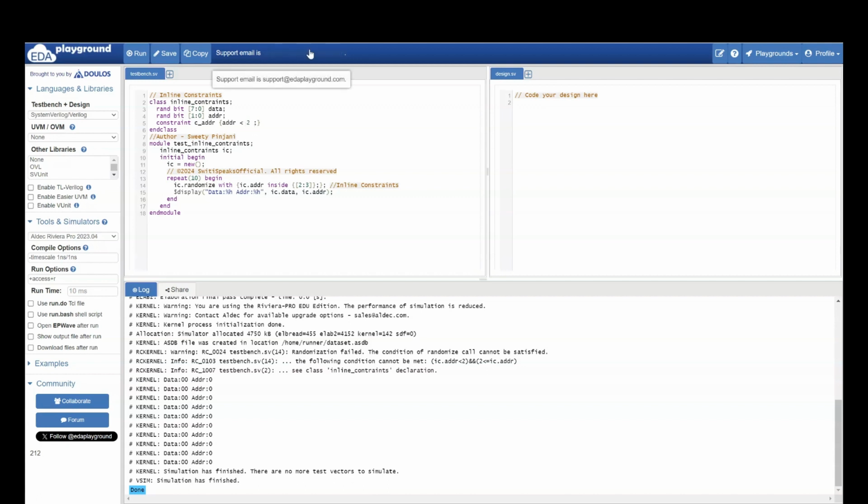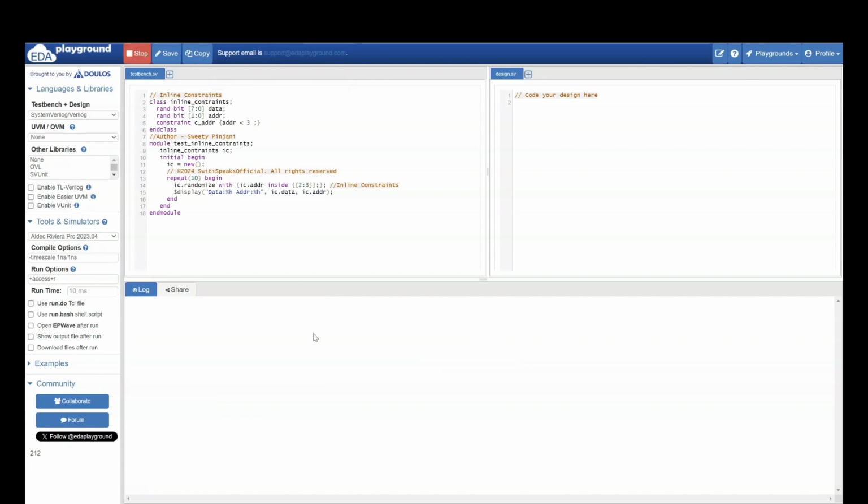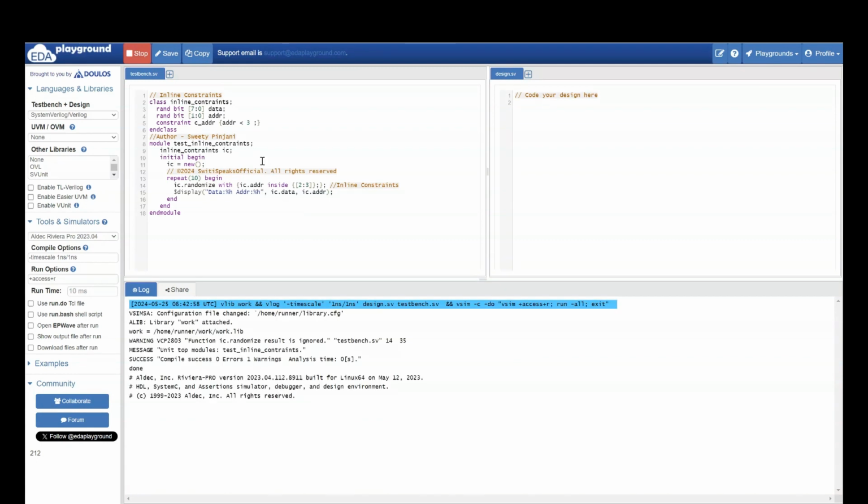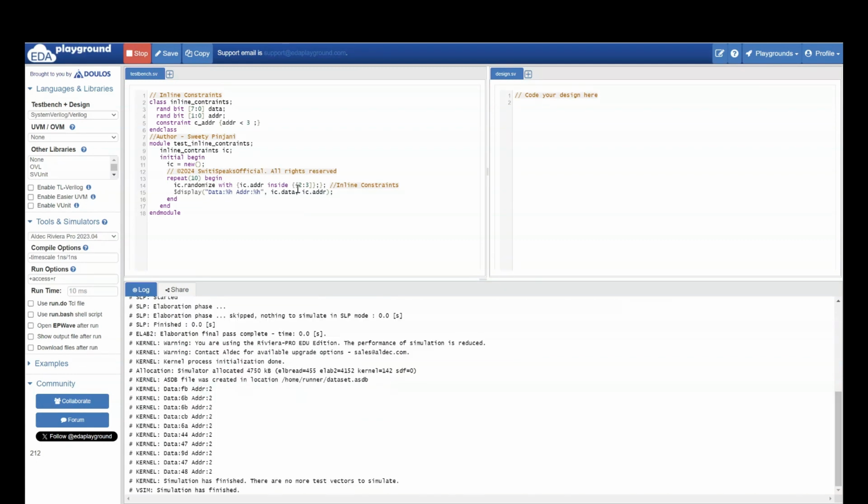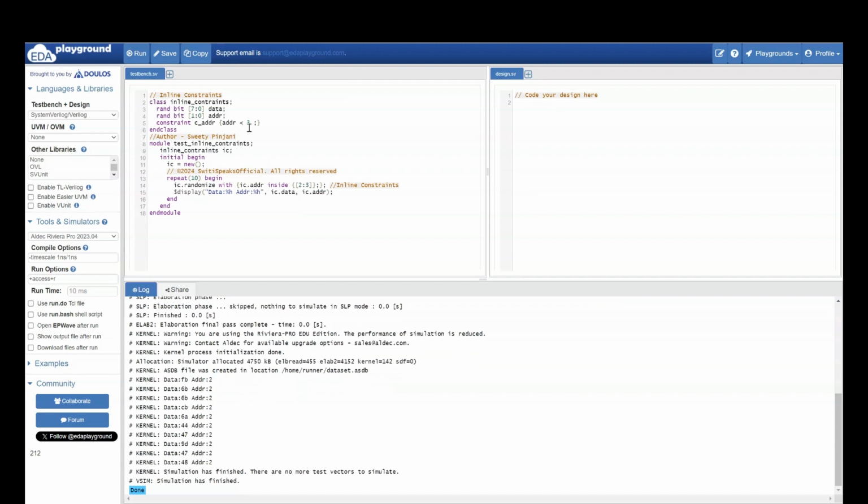So now what you will say, address should be less than 3. Let me make it less than 3. If I say address is less than 3, then what will happen? Address is less than 3 I said, and address should be between 2 and 3. Less than 3 means it can take 0, 1 or 2 value, and here it is saying it can take 2 or 3 value, which means 2 value is common between the two. So every time address 2 is getting generated.